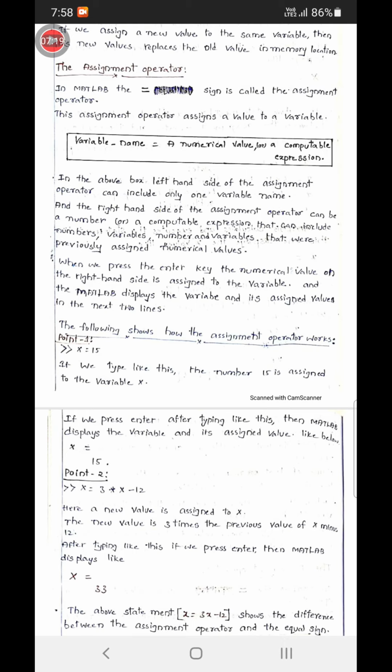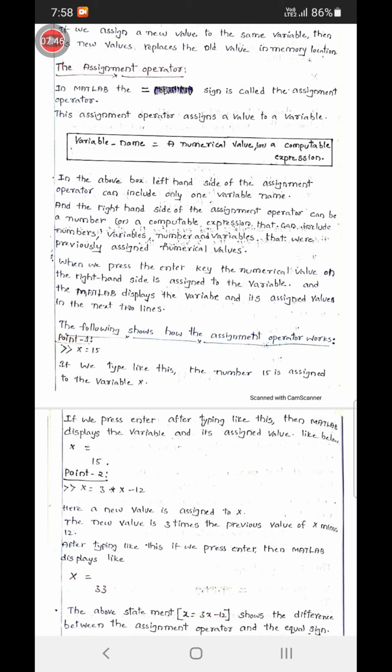A computable expression means, for example, 3x minus 12, 3 into x minus 12. It is an expression. So we are including a computable expression at the right hand side of the assignment operator.